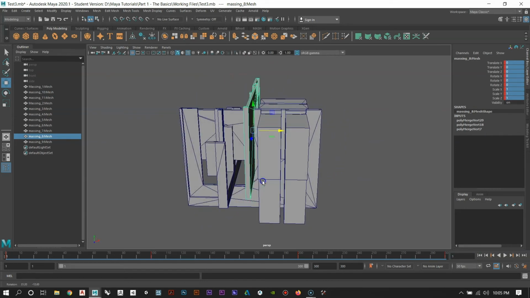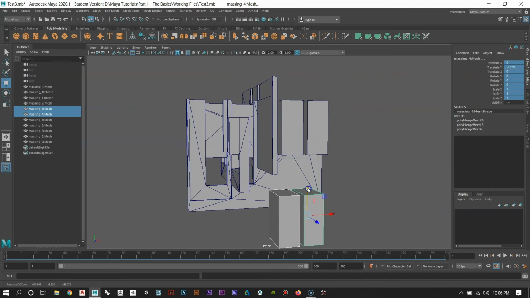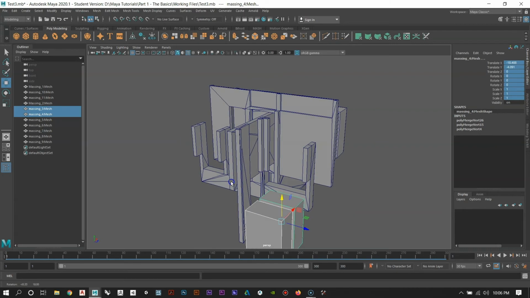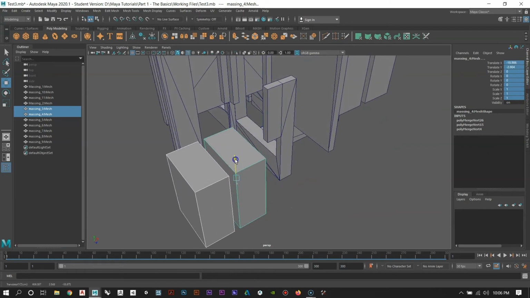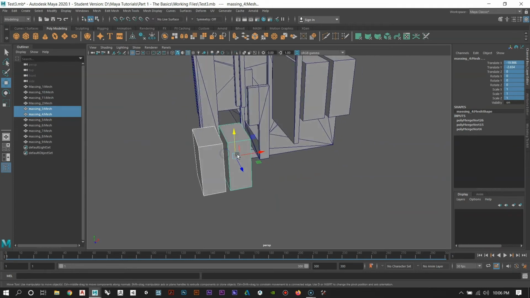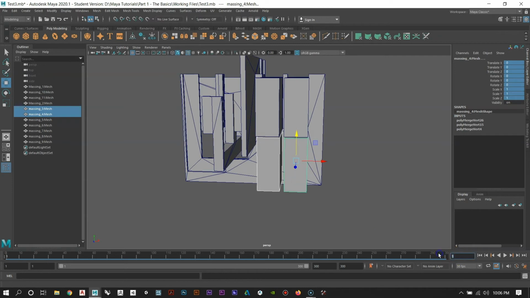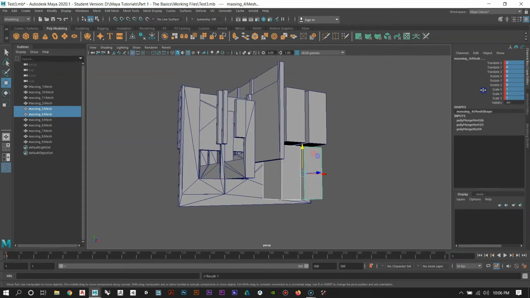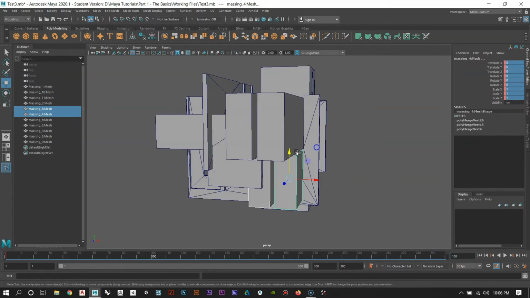Okay, and then the last thing I'm going to do is these two objects here. I'm going to have them move down, over, and up, ever so slightly. Okay, so I'll reset those real quick. Go to frame 1, key them at frame 1, go to frame 100. I'll pull them down,